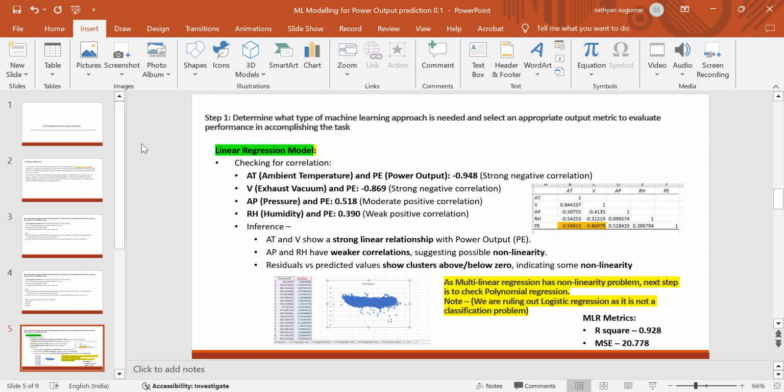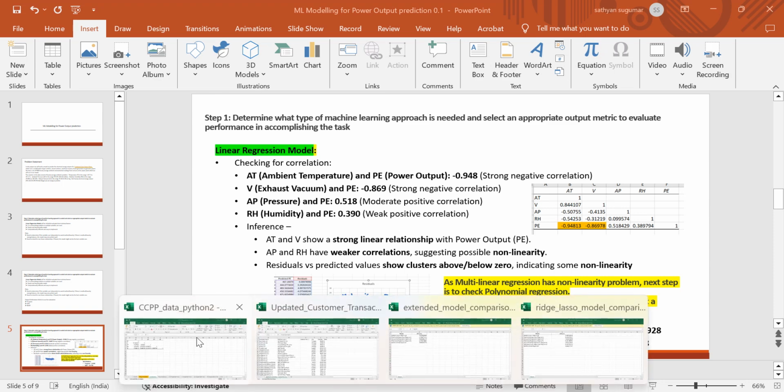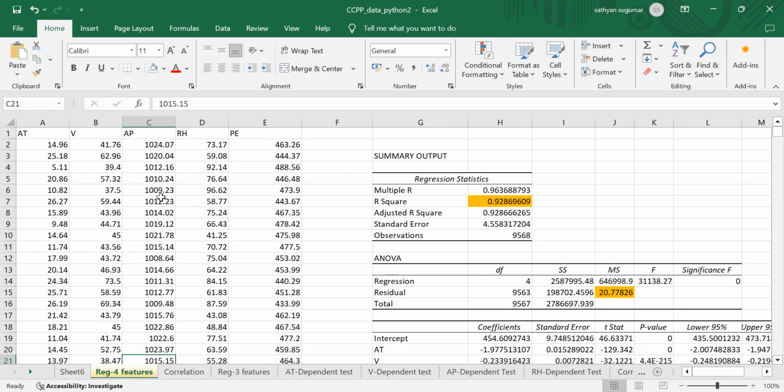We have also plotted the residual versus predicted values for this model just to check if all the residual values across the predicted values are converging around the zero line. That's a central line. But as you can see here in this image, let me show the Excel data as well. Yeah, here we have this Excel of all the data points, and we did the